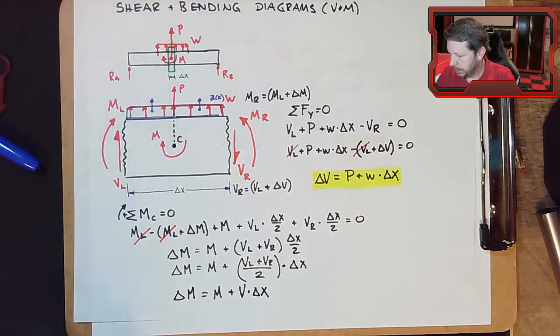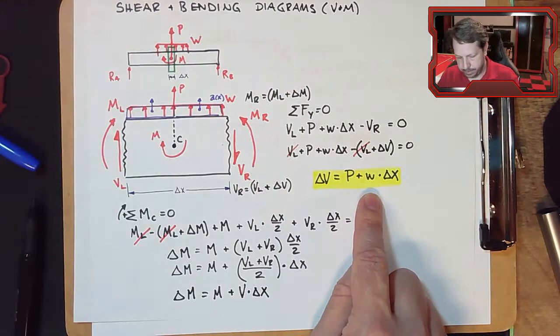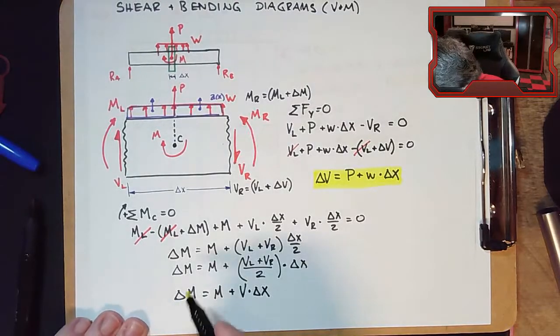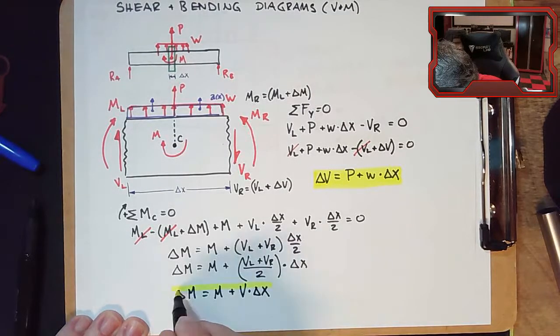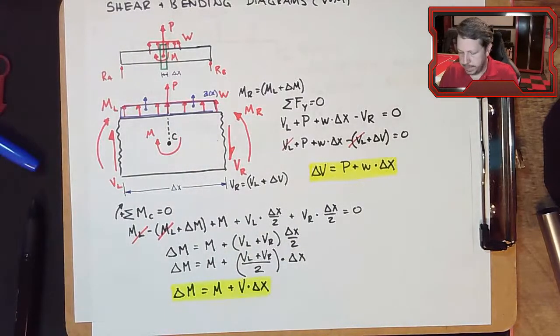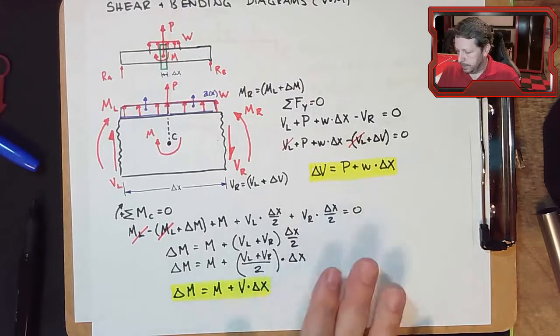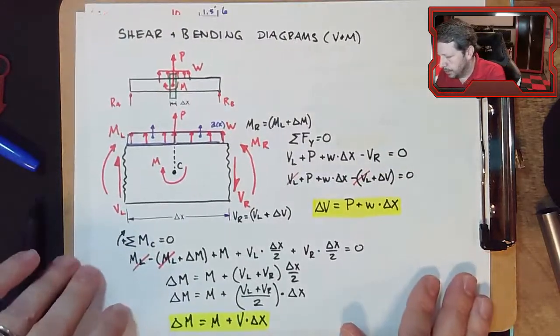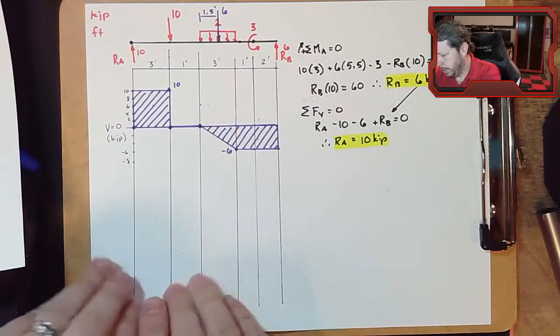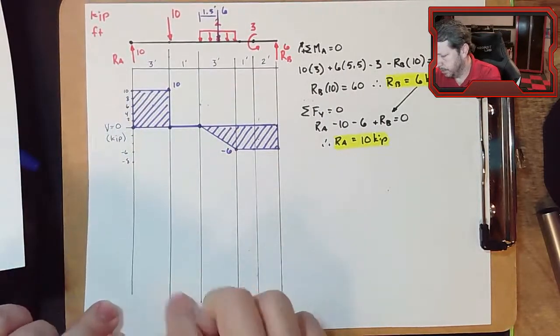And I get a very similar equation to what I had over here, but now it's describing the moment diagram. All right, let's develop our rules for that. Got to get our shear and bending diagram out of the way. We'll come back to that though, because we still need to draw our bending moment diagram. So here's our equation we